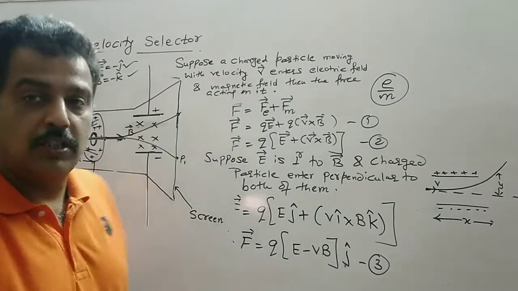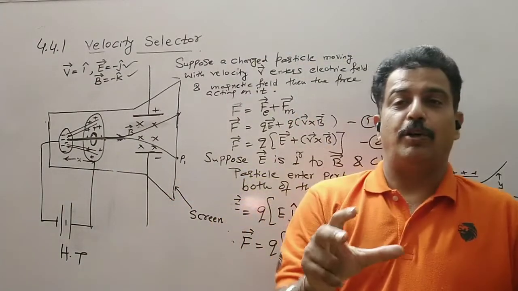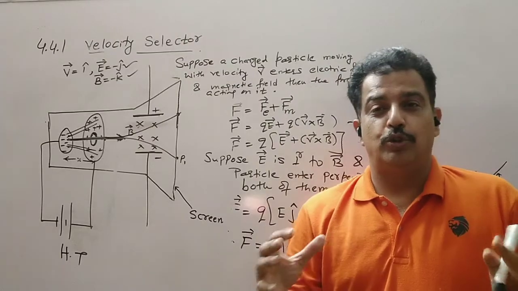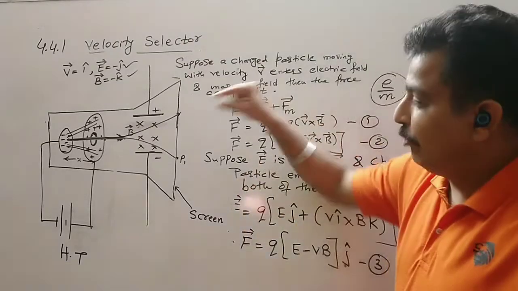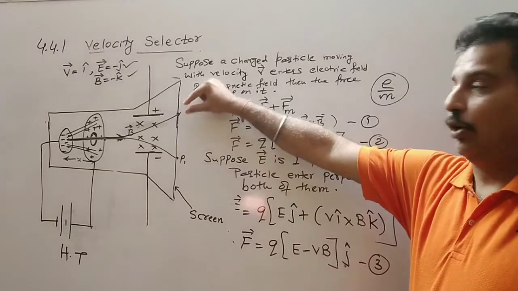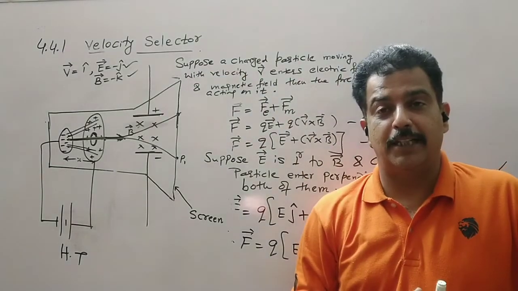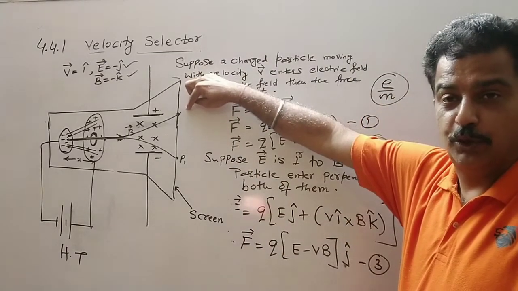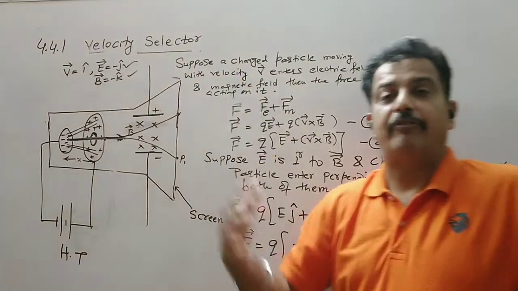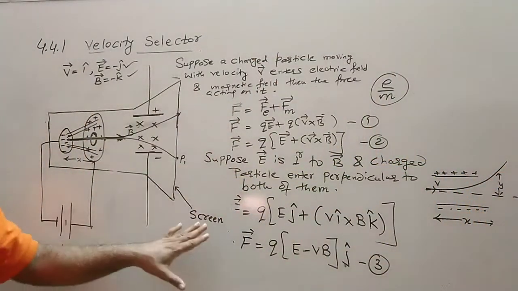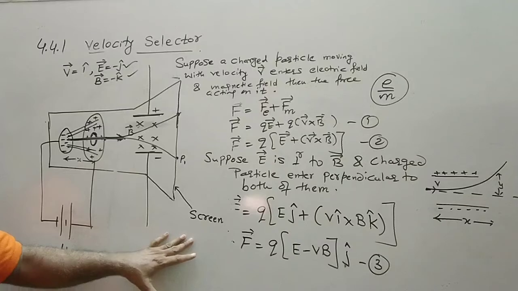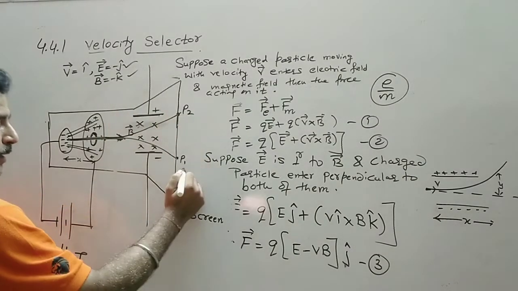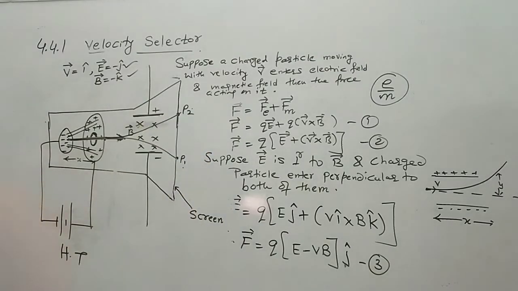When the electrons strike the screen, which is made of a particular material, a fluorescence process takes place, that is, light is produced, a spot is produced which gives a fluorescent effect. So the electrons strike the screen. We will discuss this experiment in the coming chapters also. So this is in the presence of the magnetic field.